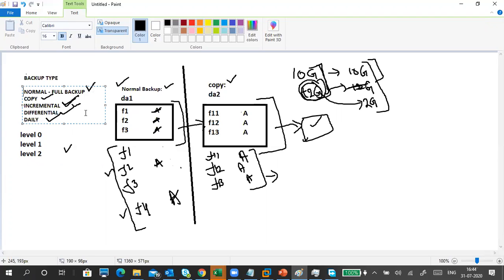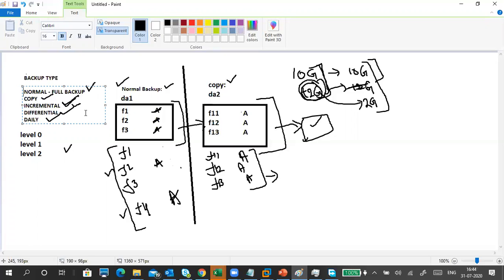Then you can explain it. Never explain at the start. Give the names, and when the names are completed, then only the explanation. And don't stop for an explanation again. So they will ask the question like, explain normal backup. No need to wait on that one. So tell normal backup, copy backup, incremental backup, differential backup, and daily backup. So backups are 5 types: normal, copy, incremental, differential, daily backup.